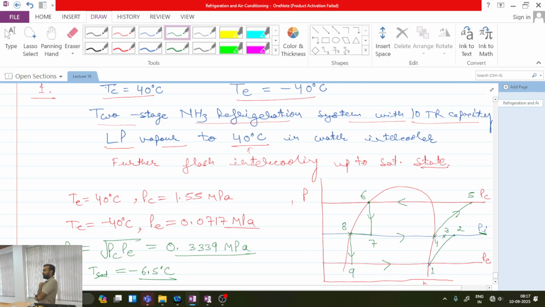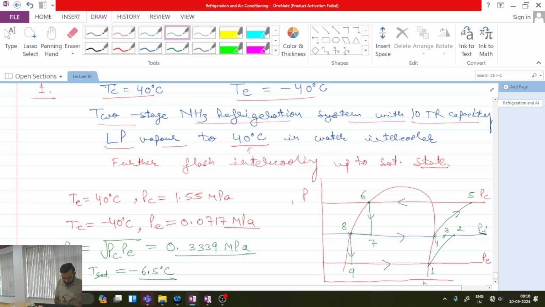So corresponding to intermediate pressure, all of you please check your property tables also. You should be able to locate the value. If anyone is having doubt, someone is not able to locate, just ask the question, because in the exam you have to individually do and calculate properties. Okay. So T saturation is minus 6.5 degrees Celsius. There is a thumb rule that whenever we calculate intermediate pressure at the ideal condition, usually whatever temperature we get from the ideal condition,